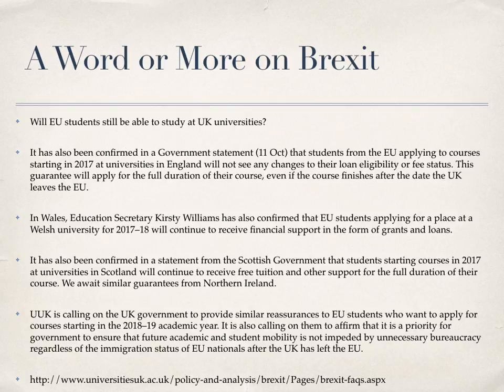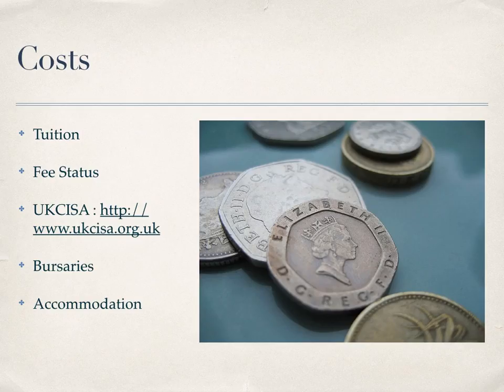universitiesuk.ac.uk for more information. There are many factors of cost to consider. First of all is the biggest tuition cost, then the big one of accommodation as well. Your fee status will change your tuition cost. UKCISA gives guidelines on who can be seen as a UK citizen and who can be seen as an international student. And some form of